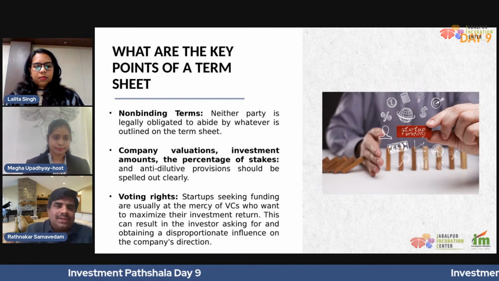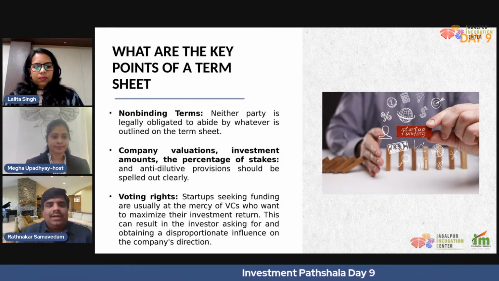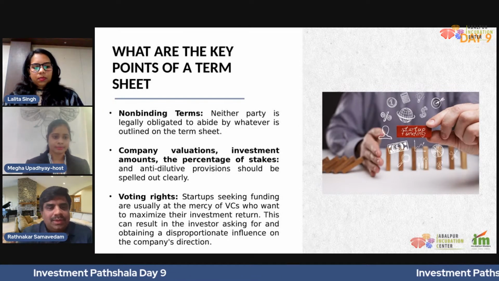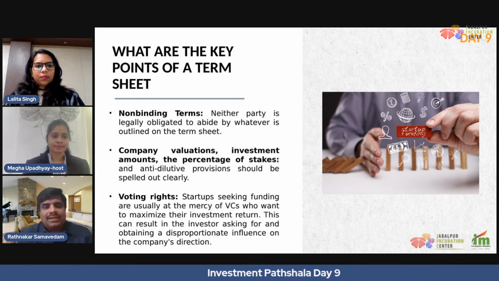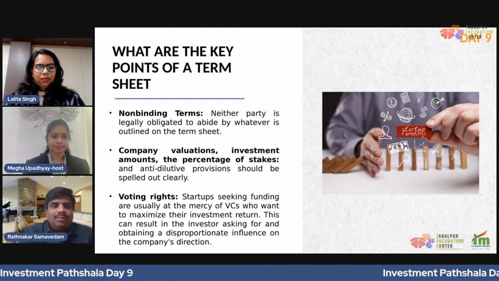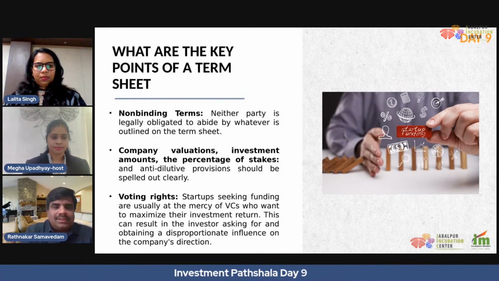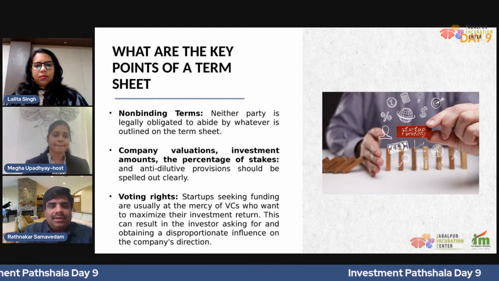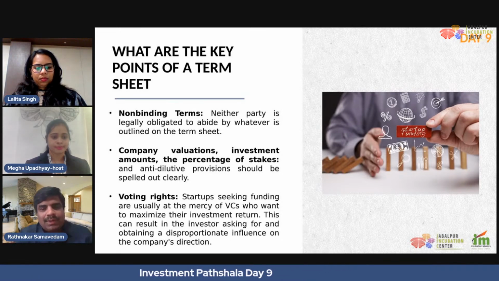I have to change. Either I agree that I am going ahead with your investment, or I say I will still go ahead, but I want to change the conditions because I will not allow you to repay your statutory liabilities. I will not allow you to repay your unsecured loans till you raise the Series A. I will not allow you to pay such and such amount because you have to reach that milestone. I can put those conditions. Once I have all this data, then I can revise a binding term sheet saying that this is final. We both agreed. Till that time, the word non-binding term sheet will come into play